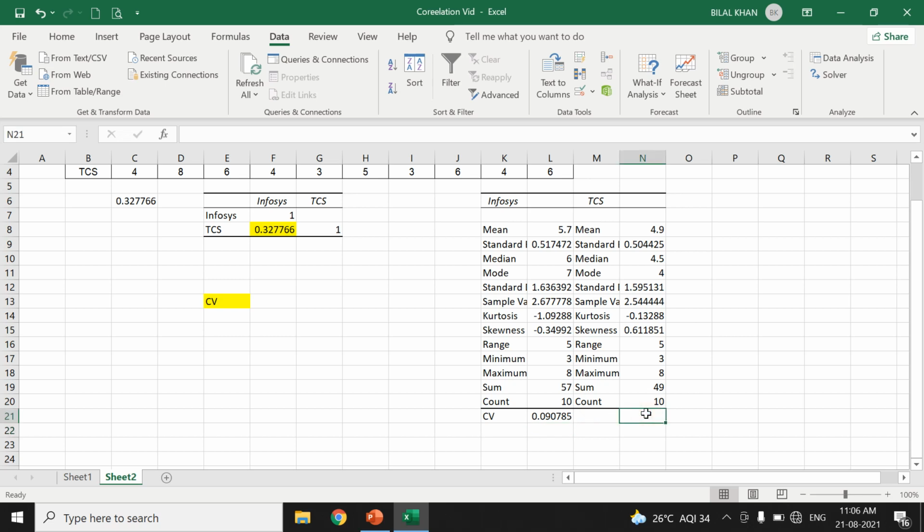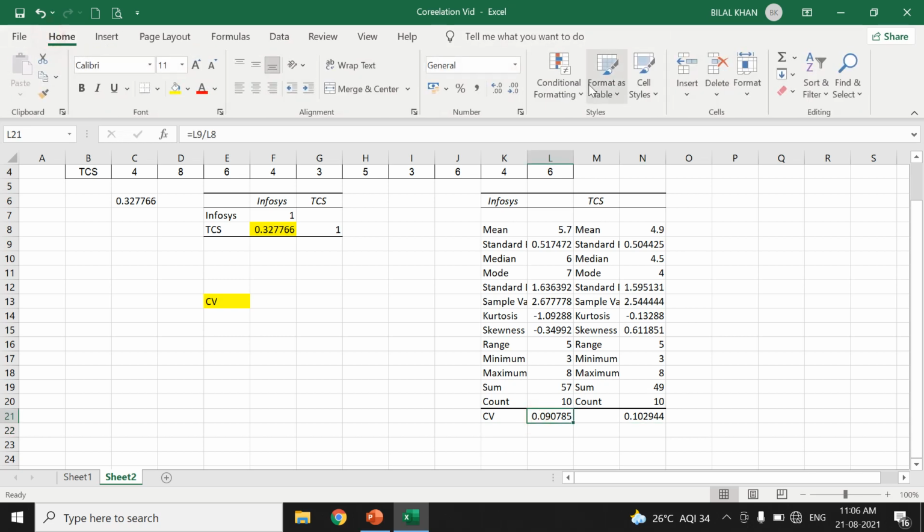And if I want the coefficient of variation for TCS, this is equal to the standard deviation divided by the mean. Both of these are in the form of fractions, so I can multiply them by 100 and get the percentage.